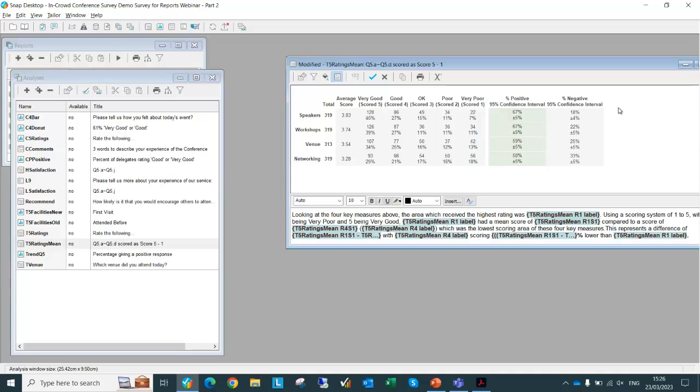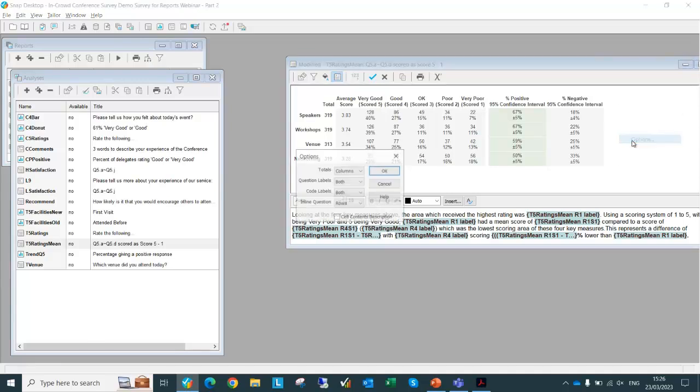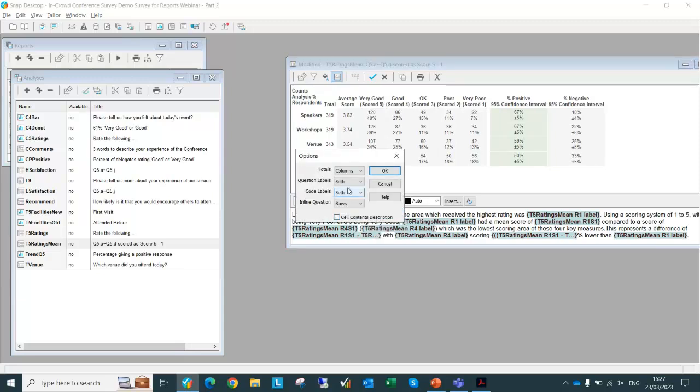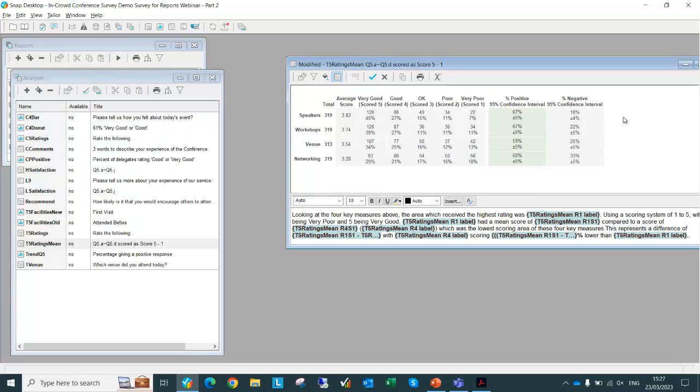That's just done by right clicking. Under options, you've got things like, do you want to get rid of the cell content? If I turn that one back on, it was putting extra text up there, and I don't really want that. It's adding extra stuff which we don't really need. Plus we can turn off various columns and rows if we wish. But if I right click and go into separators,